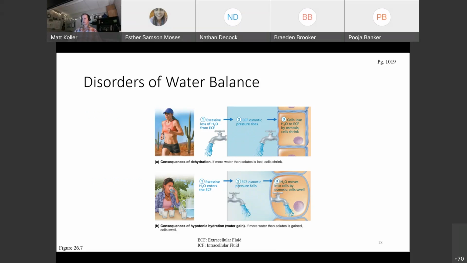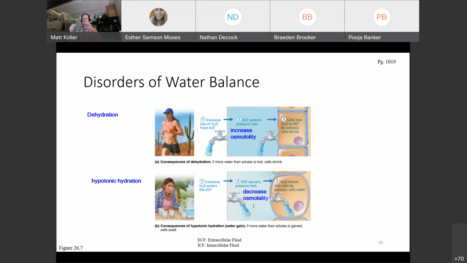Actually, sorry, I just realized I spelled that wrong. Osmolality. So in this case, we see that per volume, the number of electrolytes is decreased. And again, the body wants to equalize this, so it shifts water into the cells. Through osmosis, water goes into the cells. Water, if it can go through a barrier, will go in the direction to make sure that on either side of the barrier, the electrolyte and solute concentration is the same. So in this case, it's the cell membrane. Water can move freely in and out of the cell membrane.